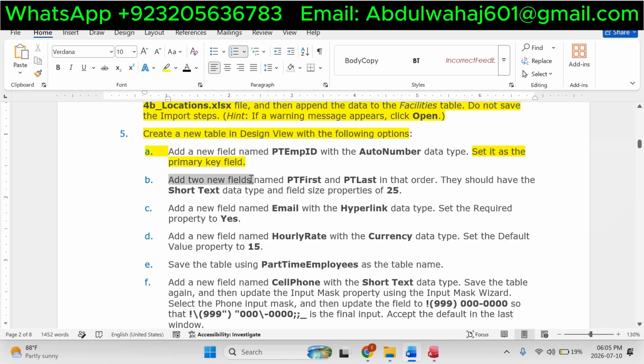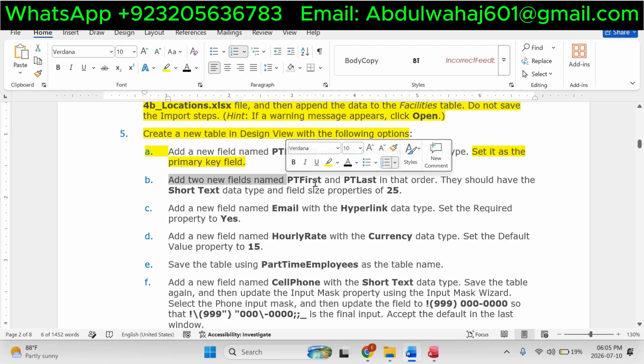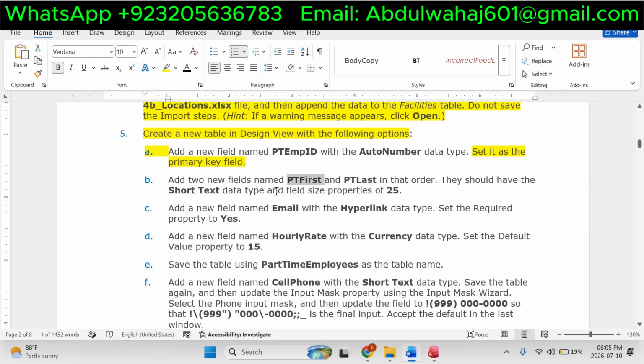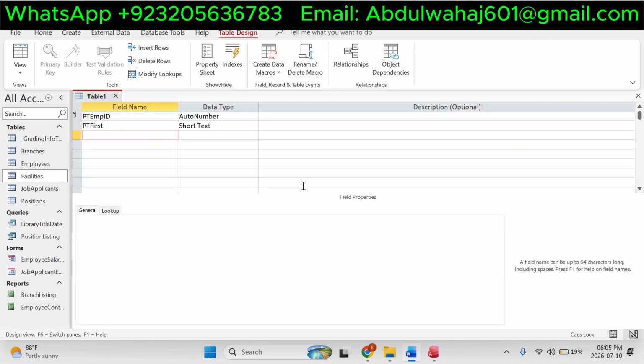Add two new fields with PT first, PT last in that order. They should have the short text and the field size property of 25. So first of all, this one, PT first, and PT last,